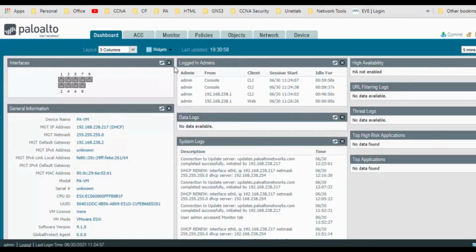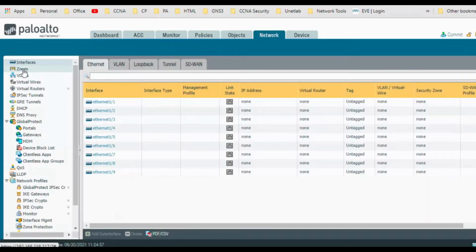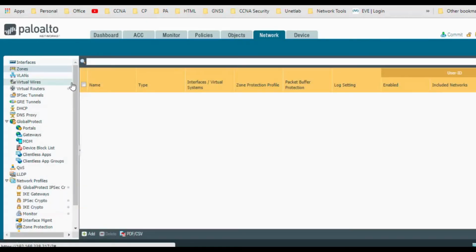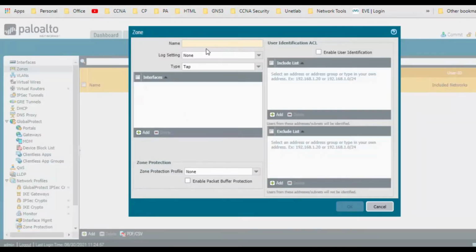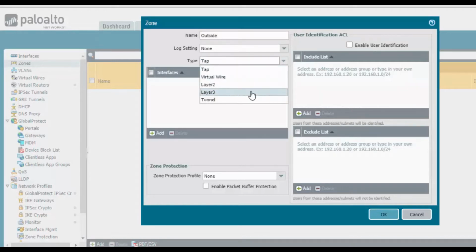Okay, go to Network. In that, first I have to create three zones. Click on Add. The first one is outside, and the type should be Layer 3.